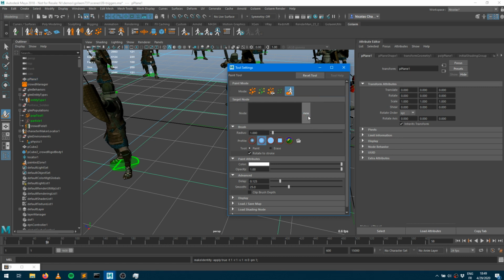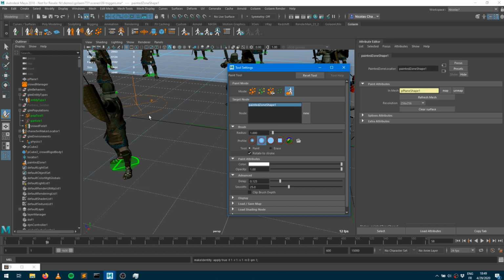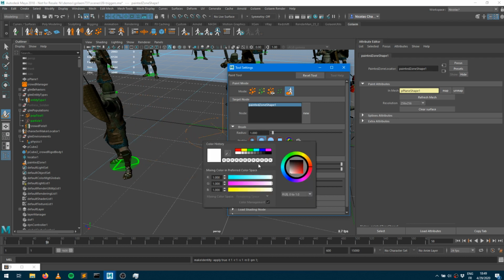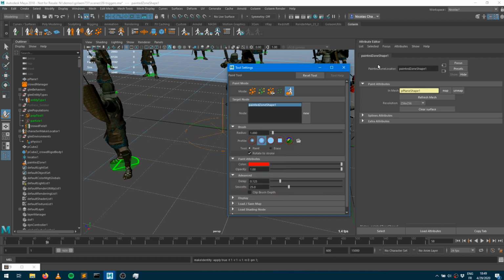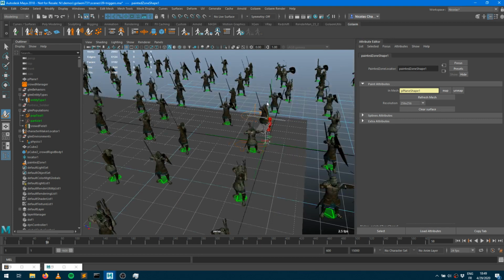So I can create a new trigger zone, which is going to be based onto that polygon here. I can decide of a color. Let's bring that red color again. And let's say I would like only my characters which are within that red color. So you can control that as any paint tool you're having within Maya. So here my characters, when they're going to be into the red zone, I would like them to play that